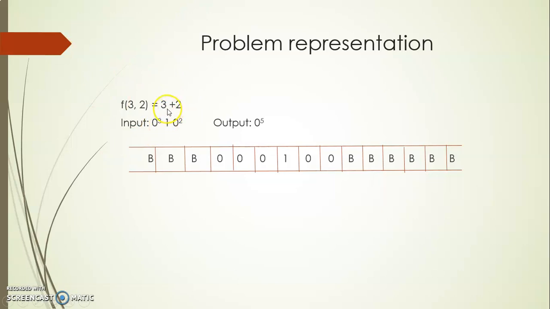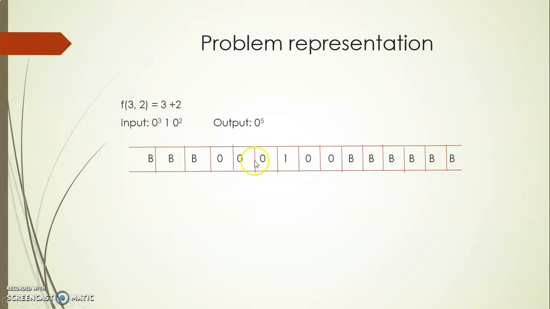So here I am representing 3 by 3 instances of 0. Similarly 2 by 2 instances of 0, right? We have to differentiate between two operands, say m and n. To separate these two arguments, we are placing a symbol 1. So keep it in mind, this is just a symbol. You can use either 1 for 1 power 3, 1 power 2, and 0 as the separator, or any other thing. Here, since I am going to simulate this as that of the computer, I am representing these operands in terms of binary values, right?